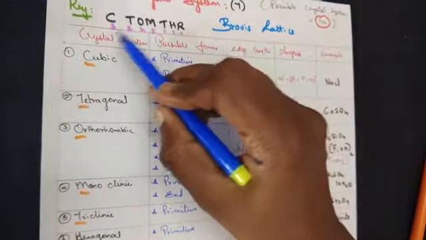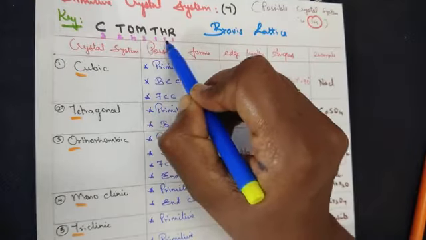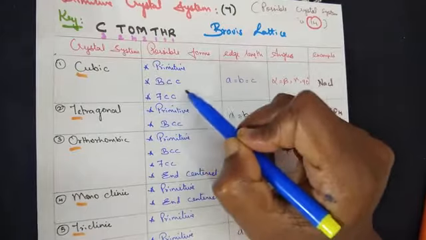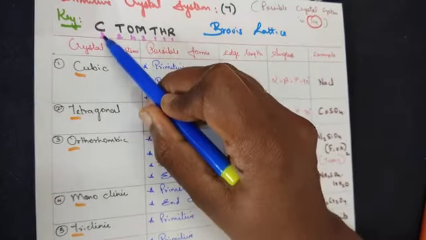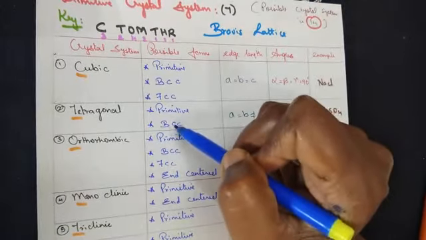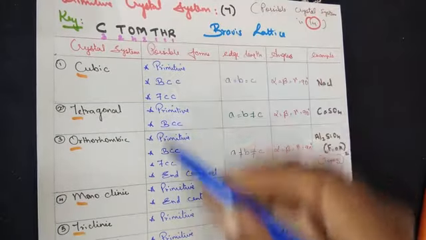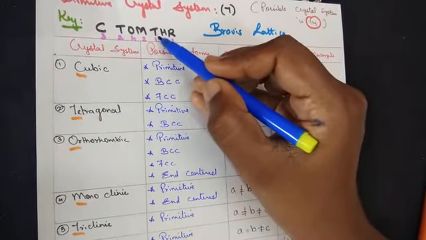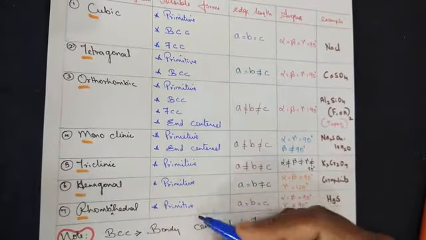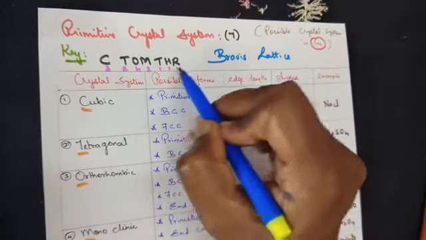Follow the clue. Now if you can see, I have also written 3, 2, 4, 2, 1, 1, 1. They are nothing but the possible forms of cubic system or cubic crystal. Cubic stands for 3 forms possible. Tetragonal, 2 forms are possible. Orthorhombic, 4 forms are possible. Monoclinic, 2 forms are possible. Triclinic, hexagonal and rhombohedral, 1 form is possible, that is primitive alone. So these are the numbers I have written. Remember, like rhyming terms, 3, 2, 4, 2, 1, 1, 1.